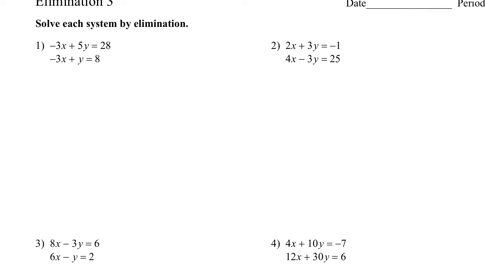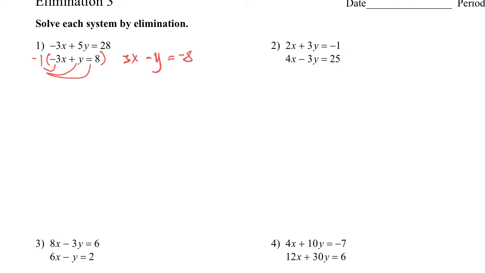It doesn't make a difference which equation you change. I'm just going to put it on the bottom. You could put it on the top. It makes no difference. So I'm going to distribute through that negative, and all that's going to happen is those signs are all going to change,